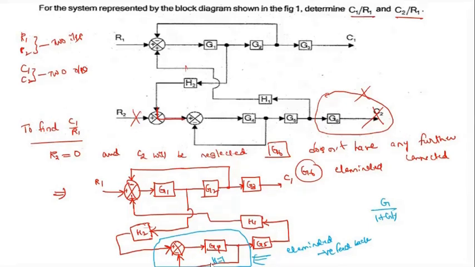Let us consider unity feedback, which means the feedback will be 1. Most of the time we'll consider unity feedback. That's why here H equals 1. If you substitute, G becomes G4 by 1 plus G4 H. Instead of H you can substitute 1. Therefore, we finally get G4 by 1 plus G4.